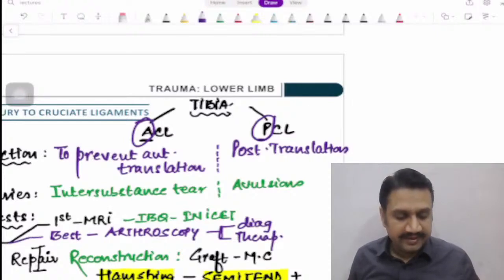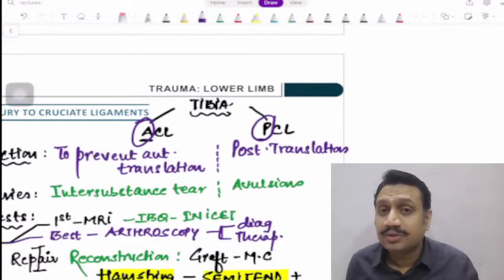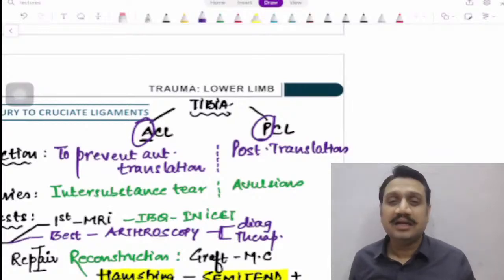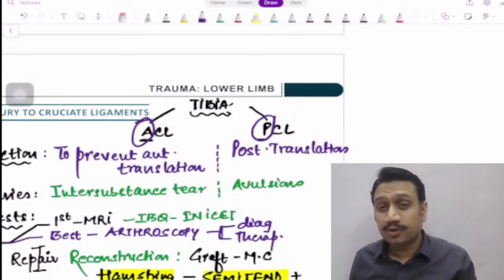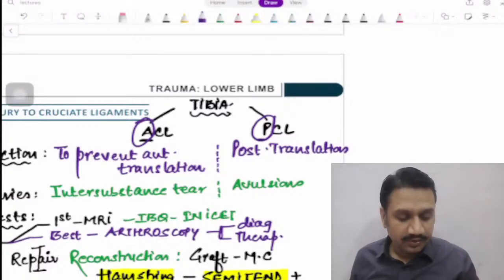This is absolutely avascular. So when it is avascular, that means healing chance is almost nil. You have to operate on them to remove them and to either get a new one or just excise that part. Okay, so